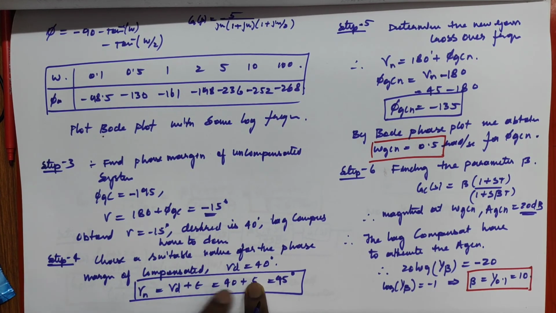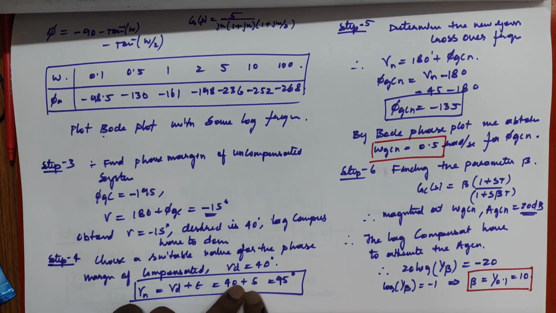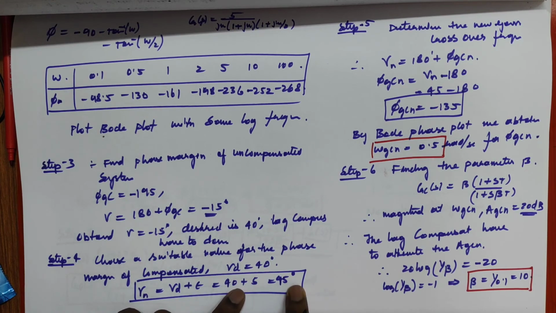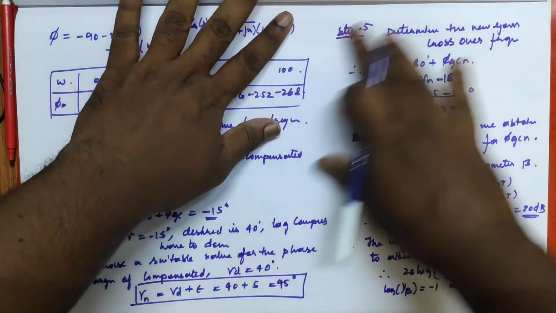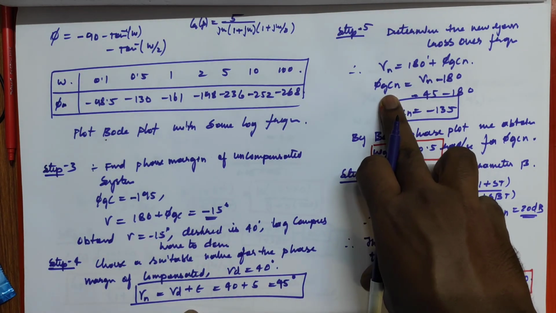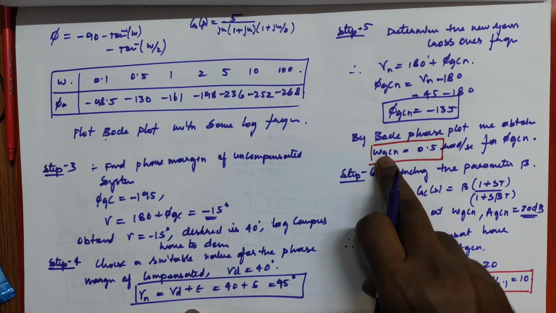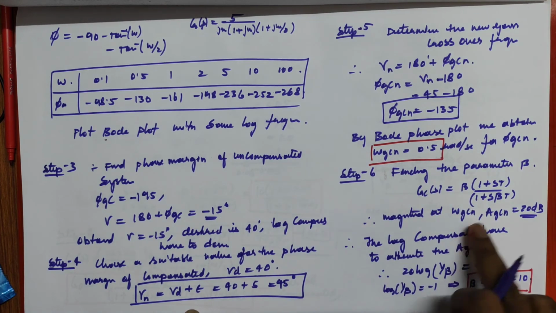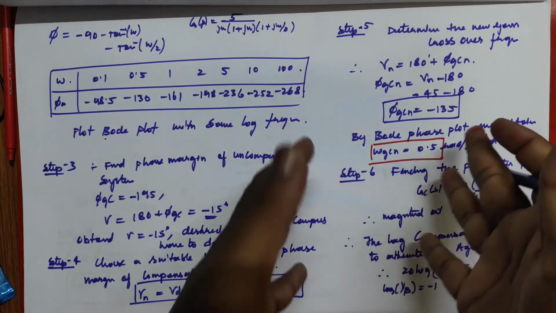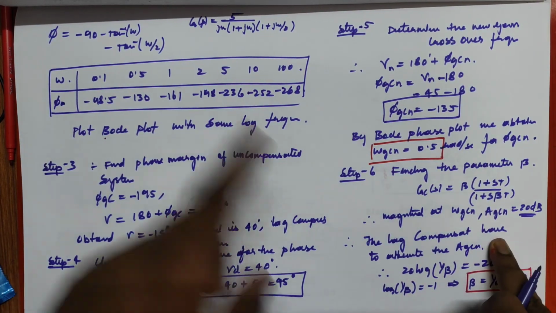We increase it so that if the design is not accepted, we can increase again. For this phase, we find from the Bode plot the new gain crossover frequency. For this gain crossover frequency, we have the magnitude that the lag compensator will introduce in the original system to